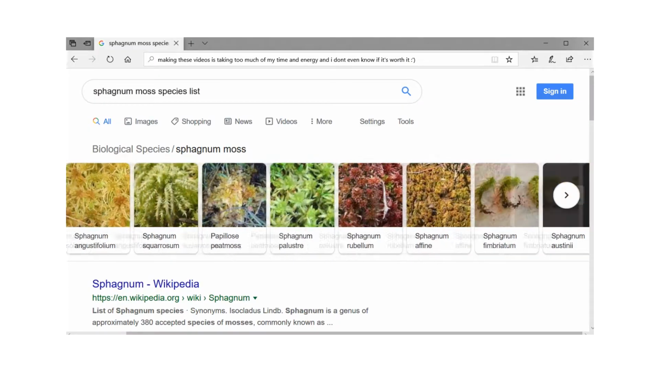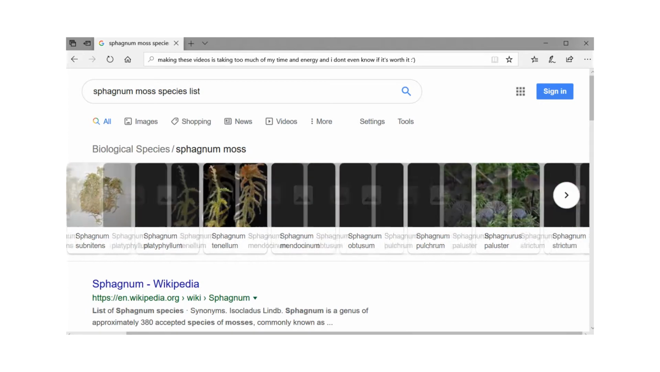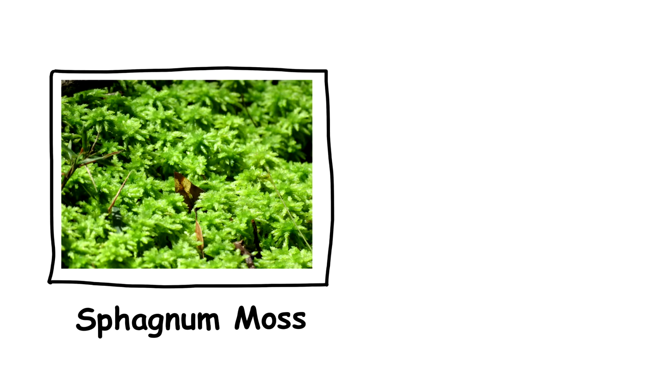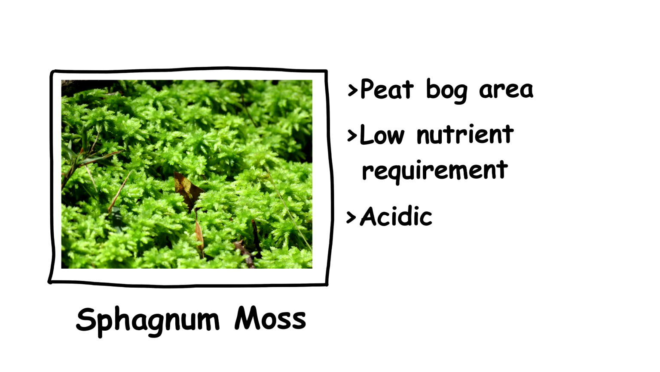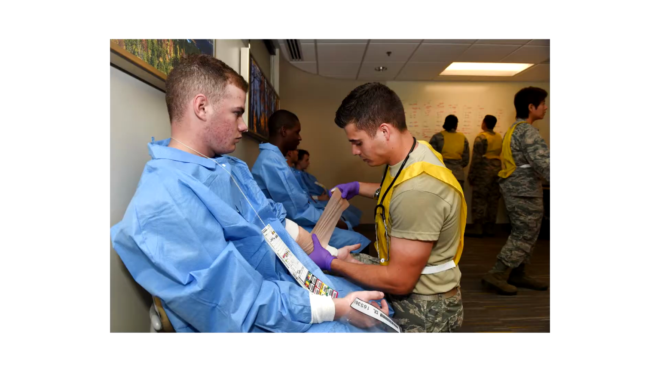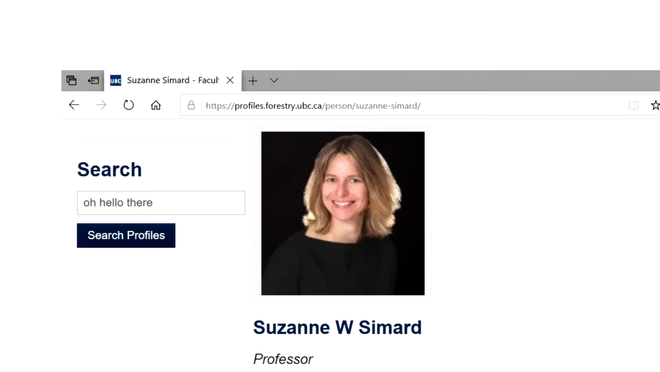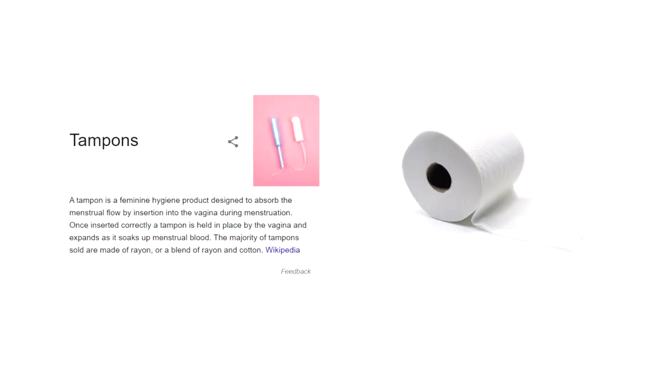There are various kinds of sphagnum moss around the world, but their role in the bog ecosystem is pretty similar across the board, I think. To live in the peat bog environment, sphagnum mosses require low nutrients and are acidic, making them resistant to bacteria. Their bacterial resistance made them usable as diapers for the First Nations and bandages by people in the First World War. The professor also said that sphagnum moss can be used as tampons and toilet paper, as these mosses are